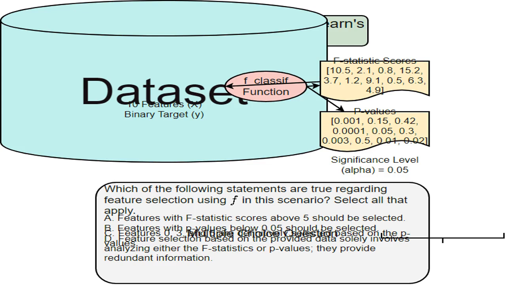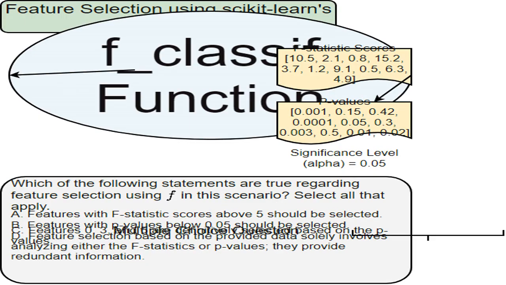I'm working with a dataset that has 10 features, things I'm measuring, and one target variable. A simple yes, no answer, making it a binary classification problem. Think of it like trying to predict if someone will buy a product based on 10 different characteristics. I'll be using scikit-learn's